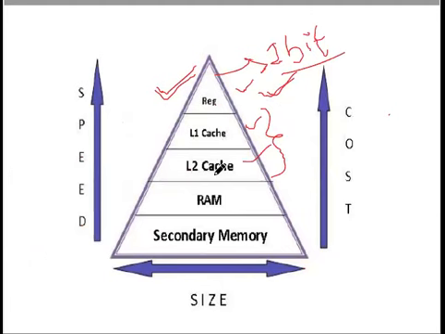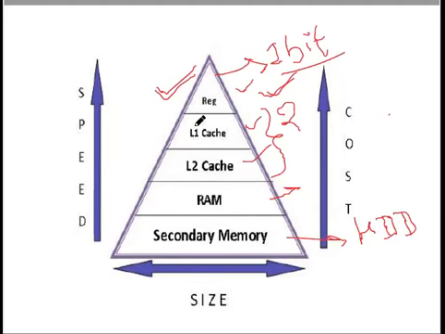Then in most computer systems, you can see there is also an L3 cache, which is connected before RAM, the main memory. Cache memories are of the order of 2 MB, 8 MB, or even 16 MB in robust computer systems. Then after cache, we have RAMs, and then we have secondary storages, which are hard disk drives, optical drives, etc. The size of the secondary storage is maximum, the size of RAM is less than that of secondary storage, and the size of cache is less still.